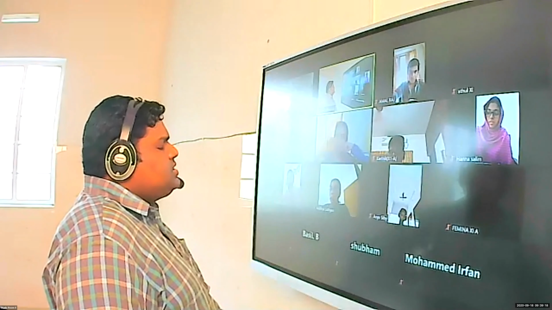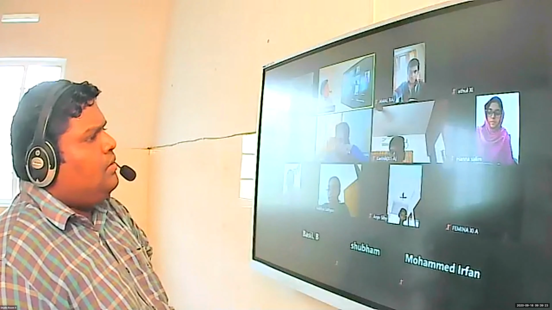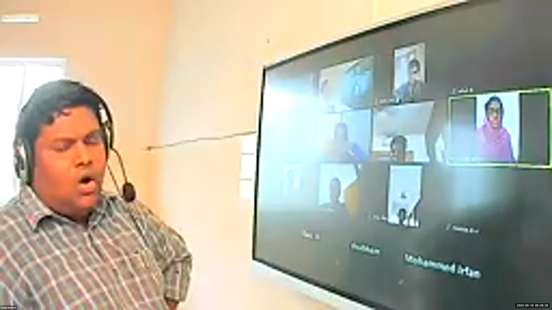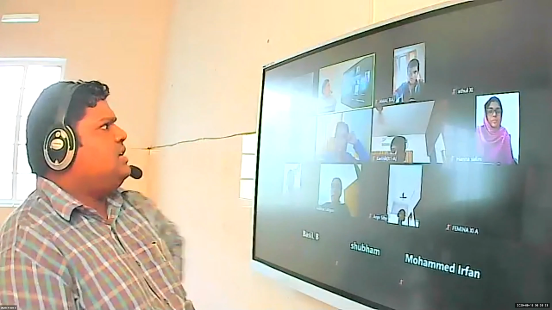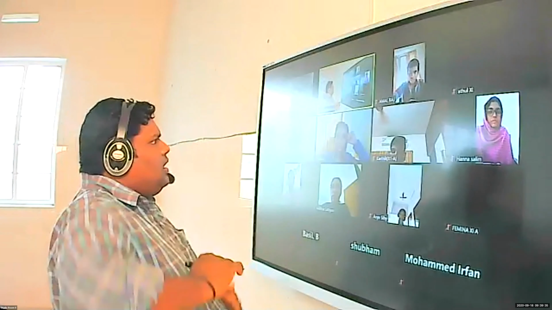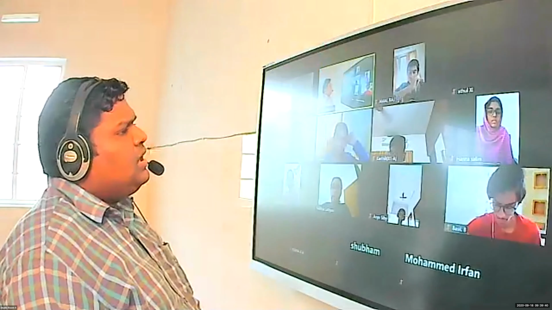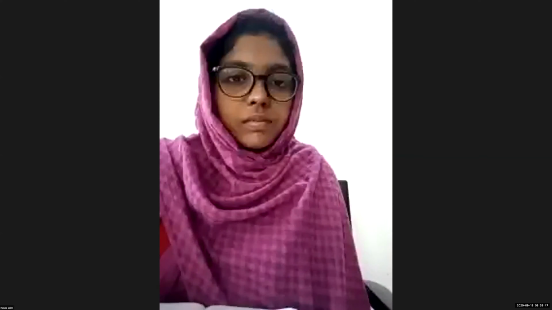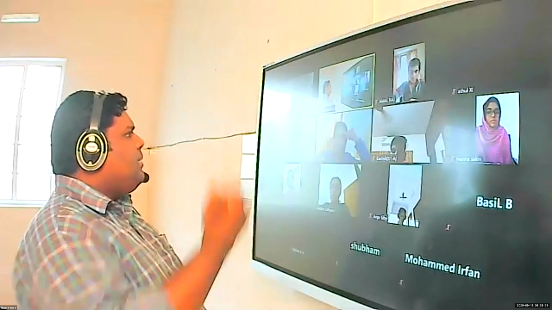In which condition will the budget line move away from the origin? Income increase. Okay, income increases, and one more condition is there. If income is increasing, we know that the budget line will move away from the origin. Next case: commodity price will decrease. Commodity price decreases. Okay, so two situations are there. And then tell me, Anju, at what time will the budget line come closer to the origin?